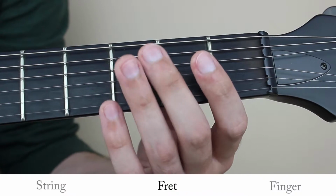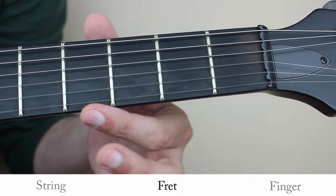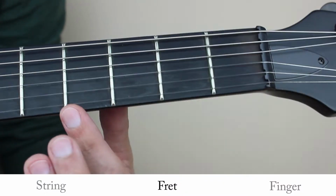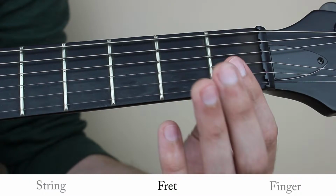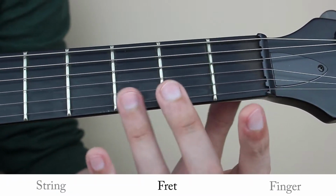Fret might be an unfamiliar word, but it simply refers to these segments or boxes into which the neck is divided by these many metal bars aligned across the fretboard. So this area here would be the 1st fret, this area here would be the 2nd fret, the 3rd fret,